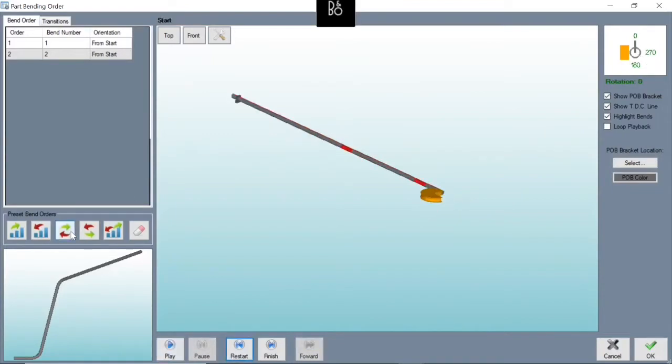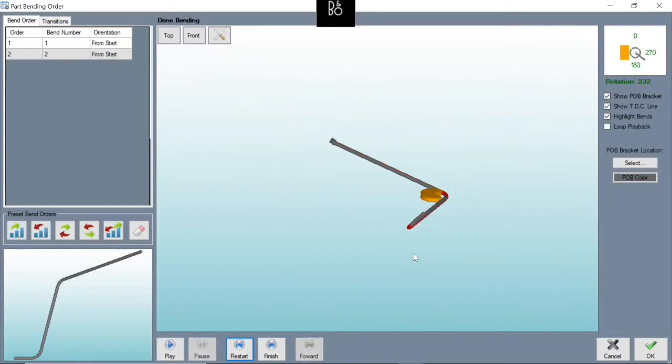Now, if you wanted to reverse this, you just hit reverse bending order, click that, hit play, and it'll bend that center part first and then the top part. Or if we just want to do it standard,